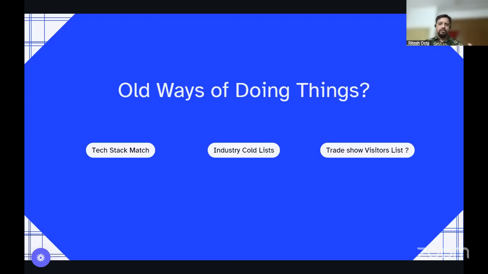By the way, I'm not saying that you don't use this method. This method is still very relevant, and in many ways AI works as a top layer on top of these strategies, right? So the tech stack match, one of the very common ways is tech stack match.